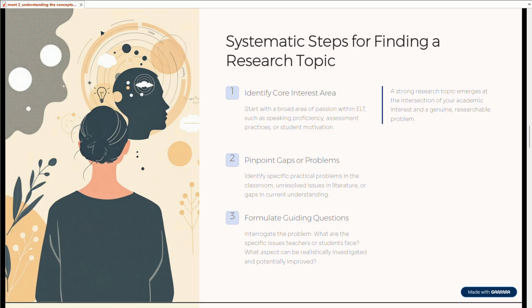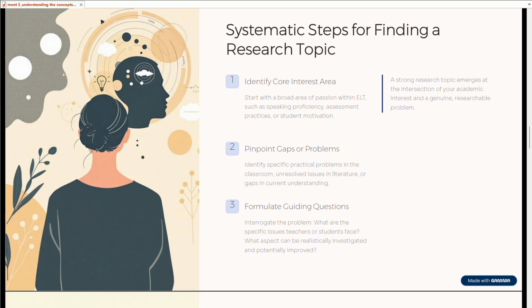Then the third is to formulate guiding questions. Interrogate the problem. What are the specific issues teachers or students face? What aspect can be realistically investigated and potentially improved? A strong research topic emerges at the intersection of your academic interests and a genuine researchable problem. So the problem must be researchable. Yeah, you can do the investigation on that. Okay. Next,